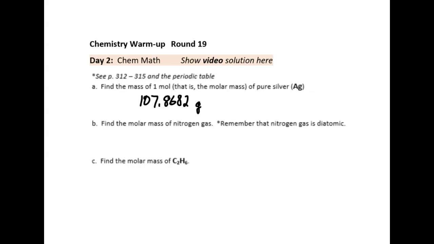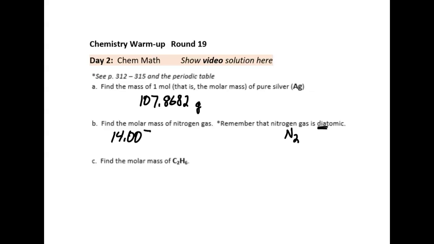Question B. What is the molar mass of nitrogen gas? Remember that nitrogen gas is diatomic. This means that the formula for nitrogen gas is N2, not a single N. To get this answer, you look up the molar mass of nitrogen. Nitrogen is atomic number 7, and the mass on the periodic table is